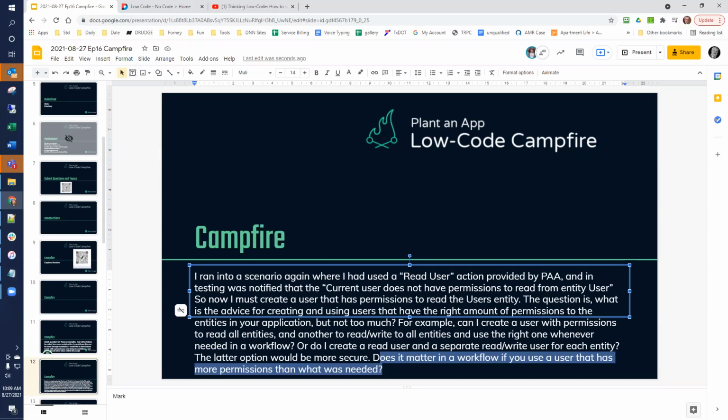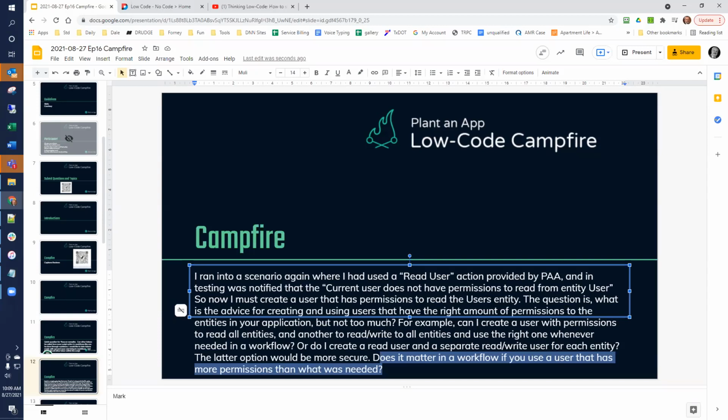I was going to add that when you use the load user within a workflow, it's within the scope of that workflow, so you can load the user and you don't necessarily need to reload another user, unless something changes within the workflow that requires a different user.